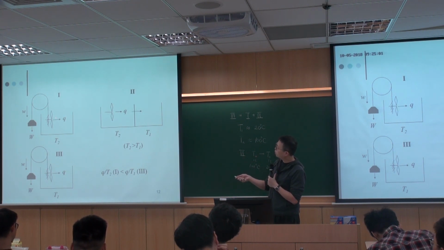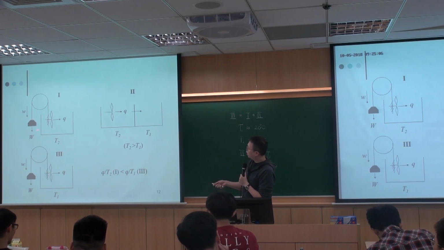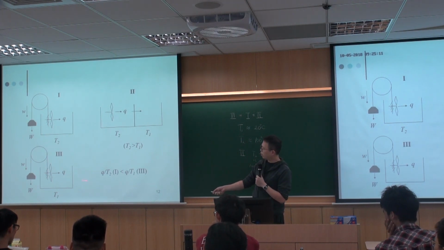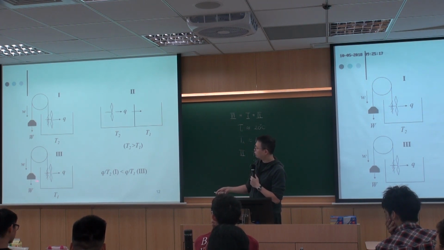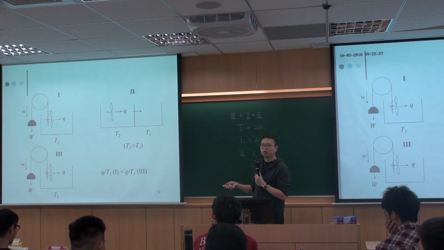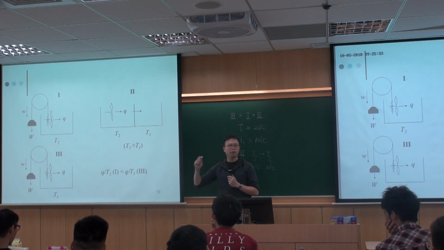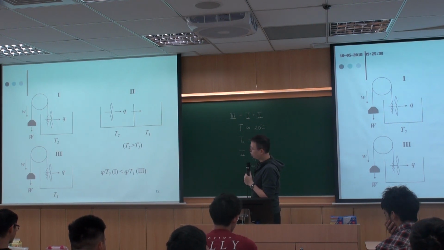They're both Q. But the temperature for this one was kept at a higher temperature, T2. And this one, the original one that we consider, is at a lower temperature. So it's harder for this one to go back to its original state, because the temperature is already lower. So if you use this ratio, you can easily define a quantity that is larger in the case of 3, but is smaller in the case of number 1, right? So this seems to be a good measure for the irreversibility.